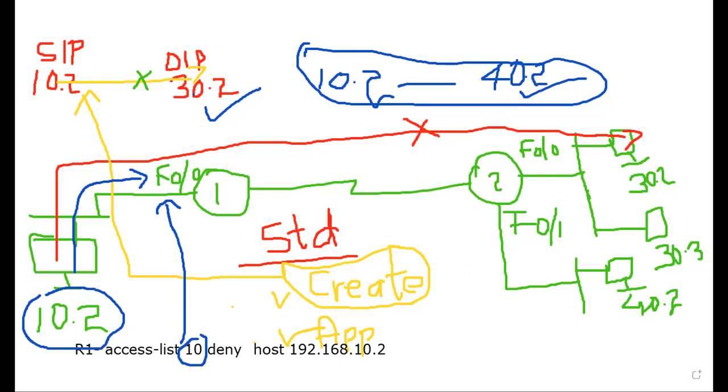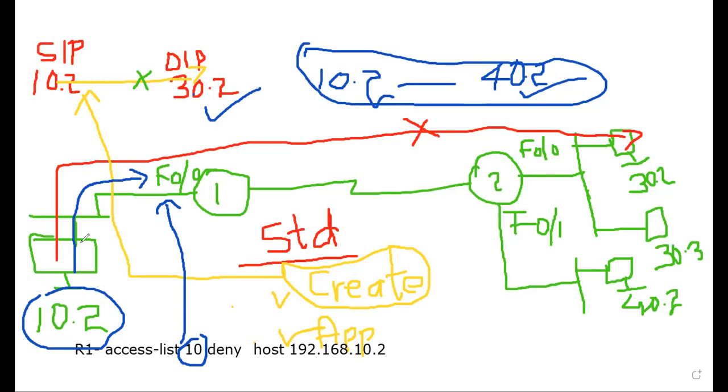Mani, what's your concern? Is it Mani who answered or Raj? Raj answered. Mani, what's your concern? If you didn't clear the question, I'll repeat. Yeah, can you repeat once again? Yeah. So my communication from 10.2 to 40.2, is that clear?